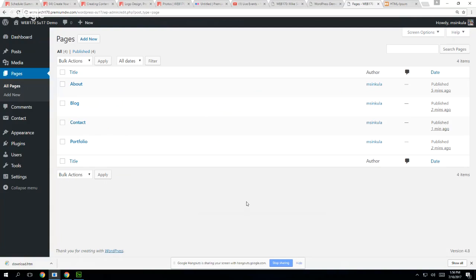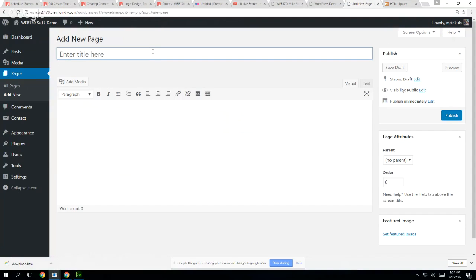Okay? So here's the trick with subpages that students often forget or often fail to do. And then when they get into doing their menu system, hard coding their menu system, things go awry for them. Here's what you need to do. If I want a subpage for portfolio, like logos, in order for this to be a subpage to portfolio, I have to choose a parent,